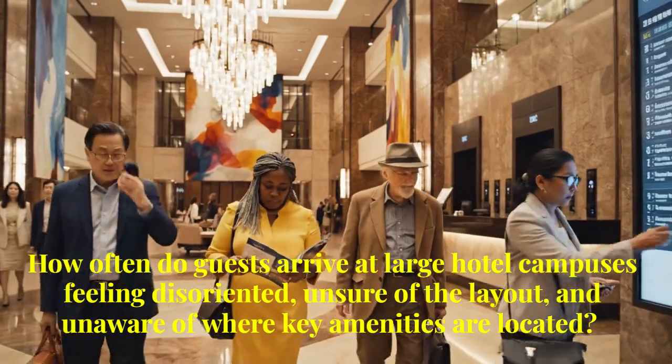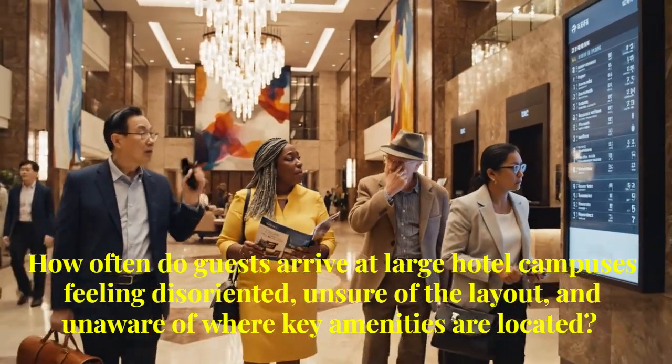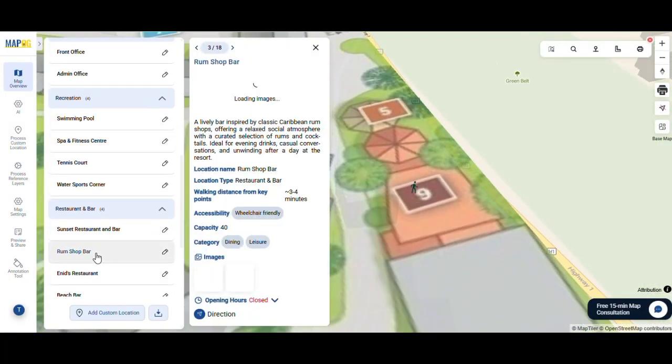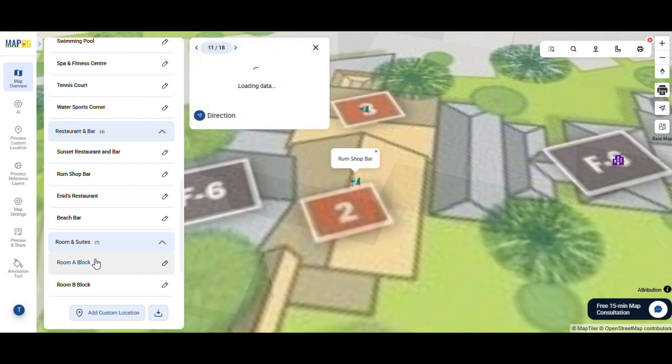How often do guests arrive at large hotel campuses feeling disoriented, unsure of the layout and unaware of where key amenities are located? With MAPOG, hotels can create interactive map-based tours that give guests a clear preview of the property. Get started by opening